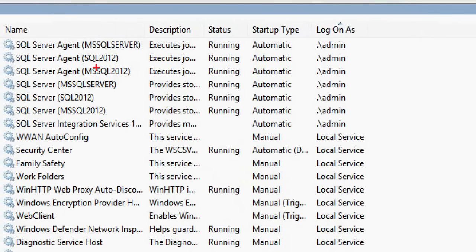Here you can see I have 3 instances of SQL Server which are started with a username called admin. You have to make sure of this, as it gives additional security to your server.